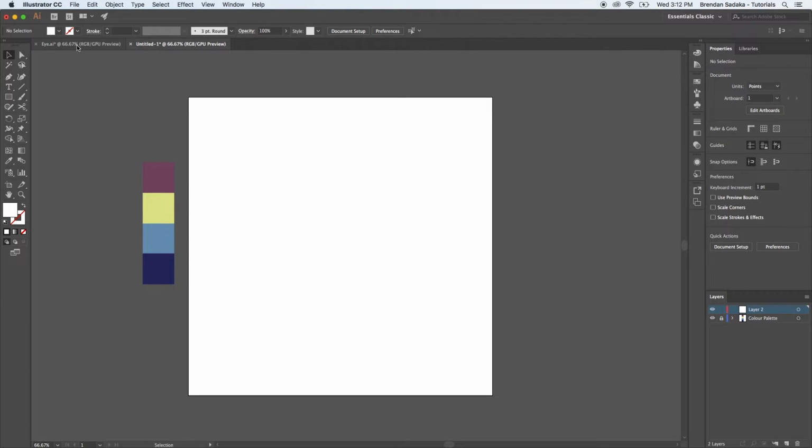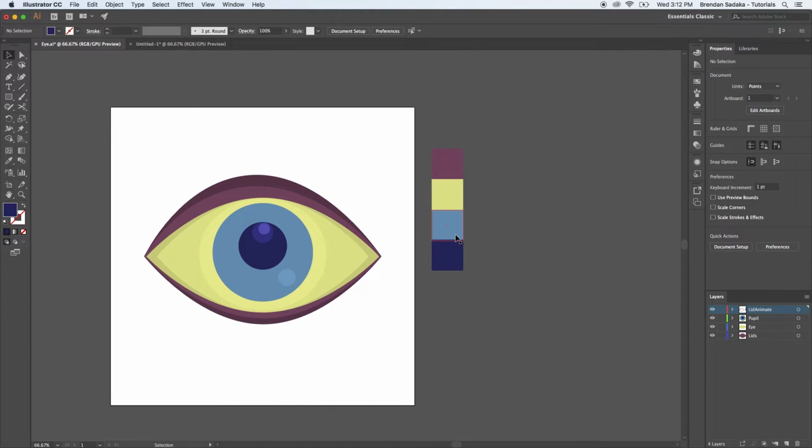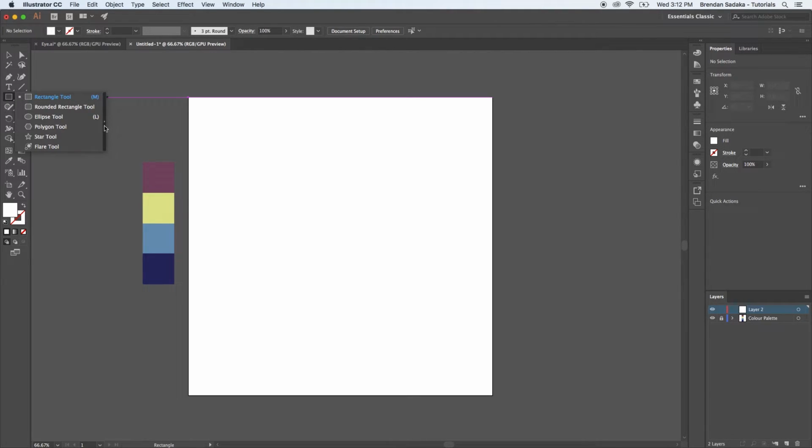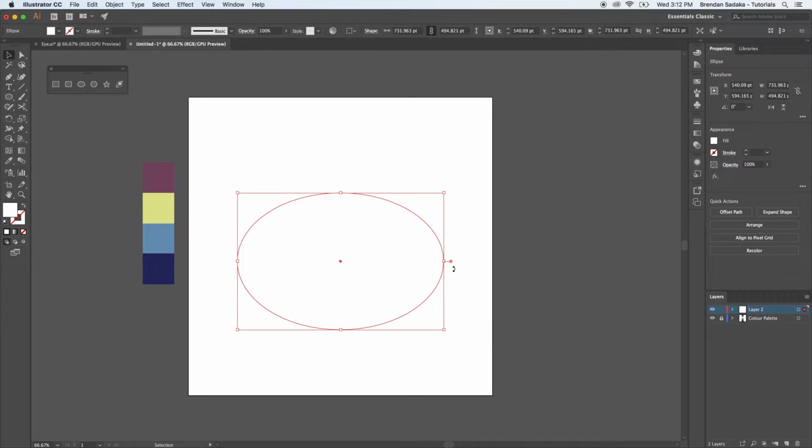So first, I think what we're going to make is just the general shape of the eye. So let's go to our shapes here. If you hit this little button on the side after you've held down and see these other shape options, you can let go on this and it'll pop out a little window. So that's always there, which I tend to do because I use these tools a lot. So I'm going to go with the ellipse tool, make an eye shape,